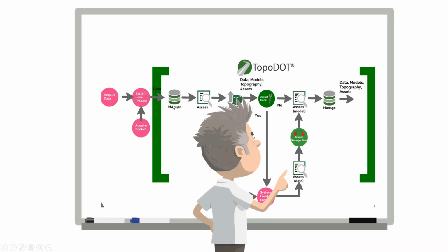This is the TopoDOT workflow, and as you know, sometimes you have to adjust data. You don't have control up front, or it takes a long time to get it, it comes later in the process, or there's just been a mistake. You manage your data, you assess it, that means you store it, you share it, and you assess its quality, and then you extract. There's times when you have to adjust it, either on purpose or to fix something. For some reason you don't have the control yet, you don't want to wait 3 weeks to get control, you want to start extracting. That's really important in the workflow